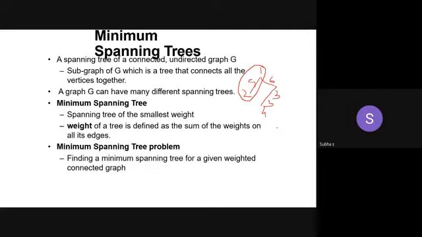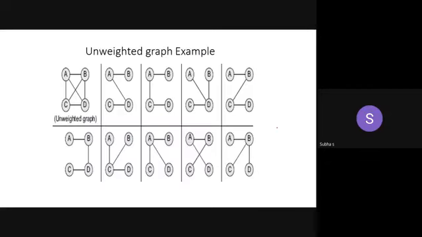We have to find a minimum spanning tree only for a given weighted and also connected graph. Okay. Only for a connected graph can we find the minimum spanning tree. Finally, your graph will become a tree with minimum distance. A graph can be converted into many different trees, but under this weighted graph, you have to find the minimum distance. Let's see the example. Is it a weighted graph? No, because no weight is assigned. No value is assigned to any edge. But we can construct the spanning tree for this also. Now look at that first one.